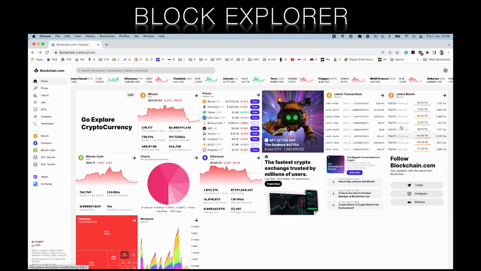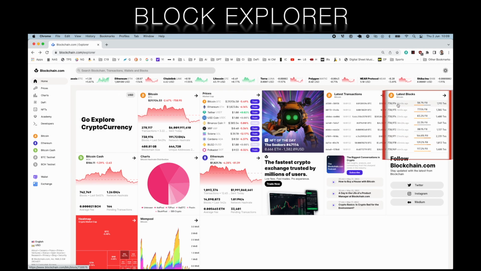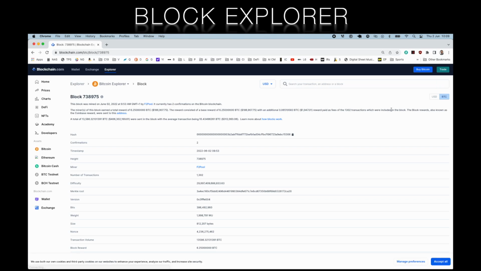To conclude this video and this series, let's take a look at a Bitcoin block explorer. This will illustrate some of the concepts introduced in this video series. Here's a sample from blockchain.com/explorer. On the right of your screen are the latest blocks to be mined. Let's take a closer look at the last block but one. This is block